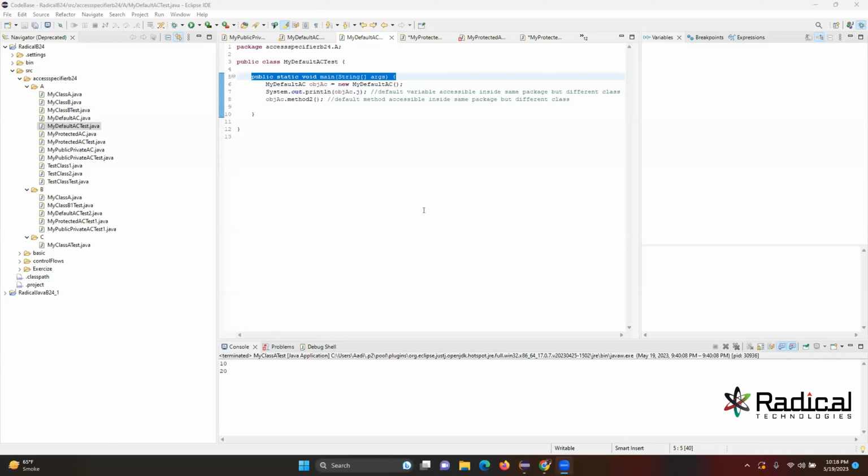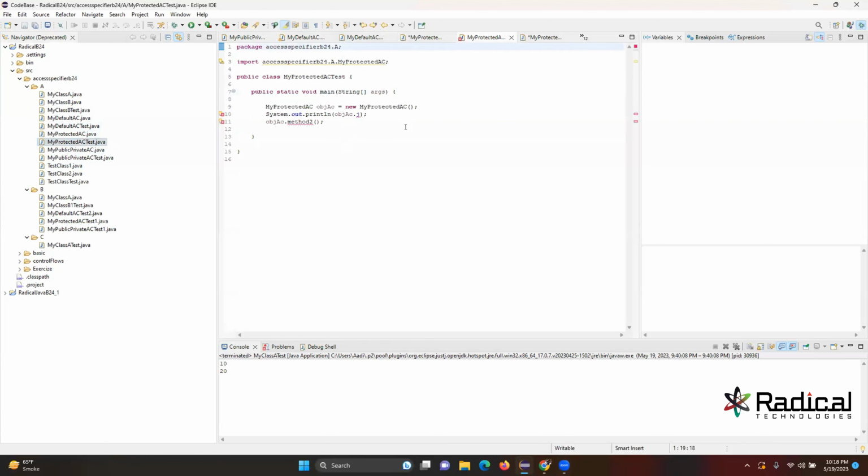Prasad, I'm getting some error. Can I? Yeah, please share your screen. Okay. So this is your default test. I want to see default. No, protected. Correct. Both are protected. Perfect. Now let's go to the test class within the same package. Perfect. And you are unable to access the variable